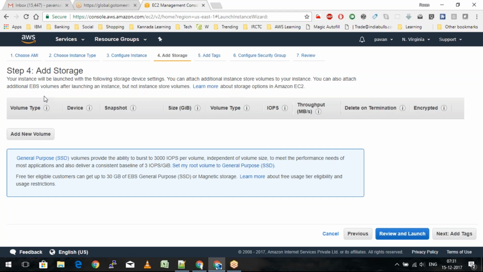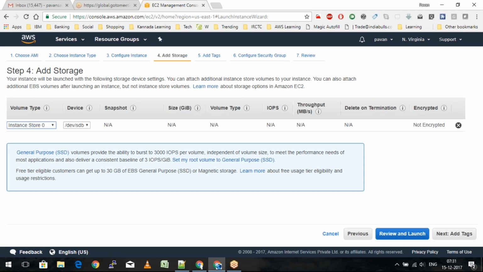However, if I'm trying to use the instance store volumes, nothing is being added here. I just need to go ahead and click on add new volume, and then it basically adds the instance store volumes. However, if you see here, there is no size mentioned, there is no type mentioned, there is nothing mentioned in terms of whether it will have better IOPS or whether it will have throughput in terms of MB per second, right? I'll not have any control over this specific volume in terms of size, type, and the speed. I can only select it as an instance store volume and add it to my EC2 instance.